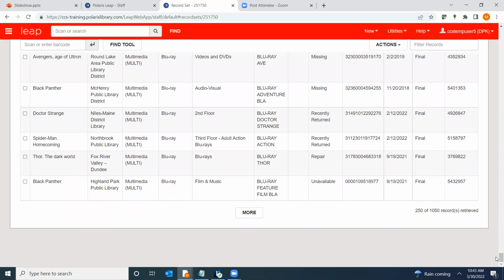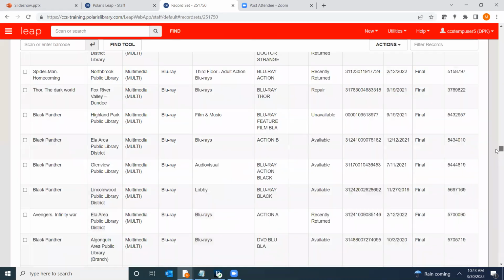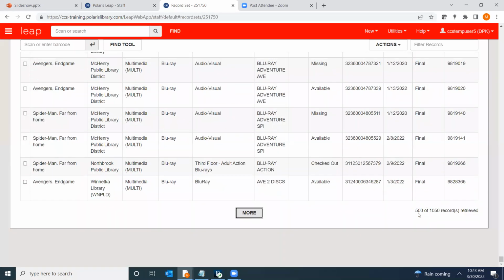In terms of view, Leap will load records in chunks of 250. So our initial list view is 250 records. Every time I click this More button, it's going to load up another 250 records in view. I will have to scroll down all the way to the bottom again to see that I now have 500